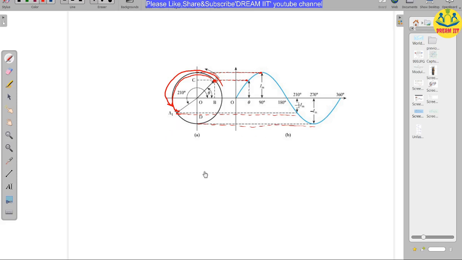So why we are representing this phasor is because the alternating quantities you cannot draw accurately. For drawing the alternating quantities accurately we go for this. Whenever you have this point, it is making some angle, so that you have a clear idea how much angle it is making, and you project here as a sinusoidal wave, so that you have the accurate value of a sinusoidal signal. That's why we go for the phasor representation of the alternating quantities.